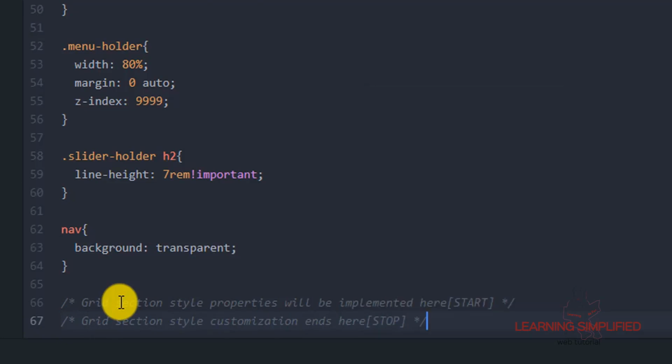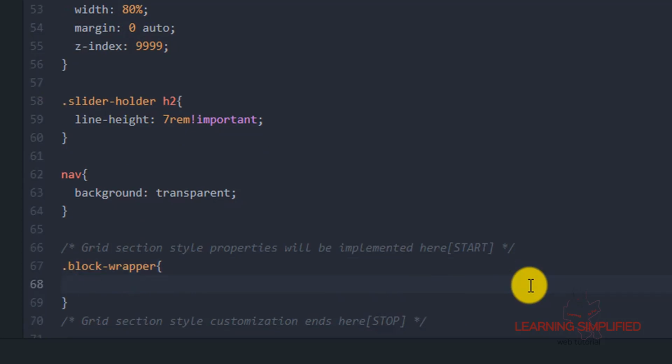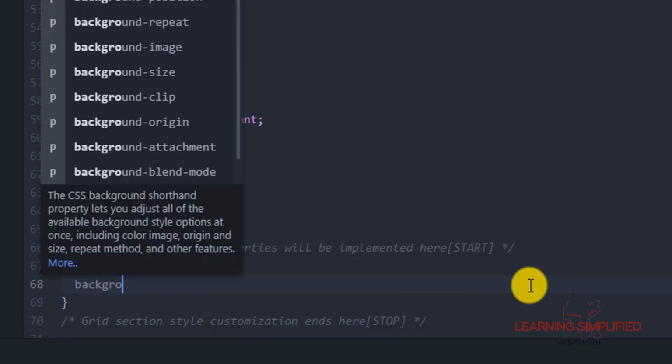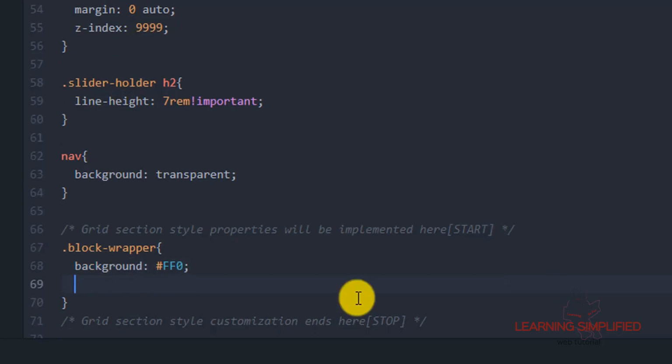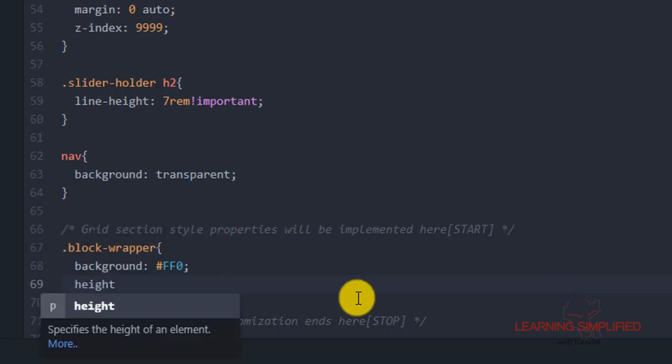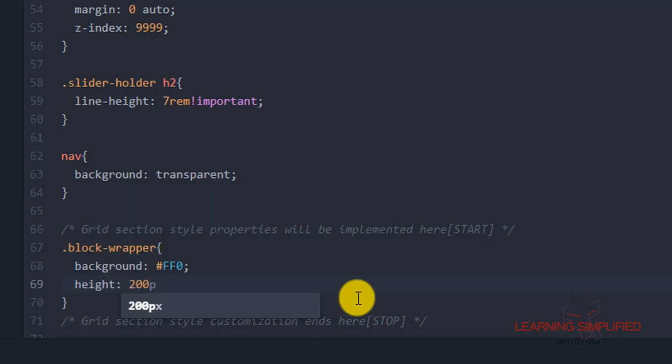We will be creating this class name here, and we will say that the background color for block wrapper will be yellow. In the second case, let's provide a height attribute to understand that those things are right in their position. So we are putting here 200 pixels of height.